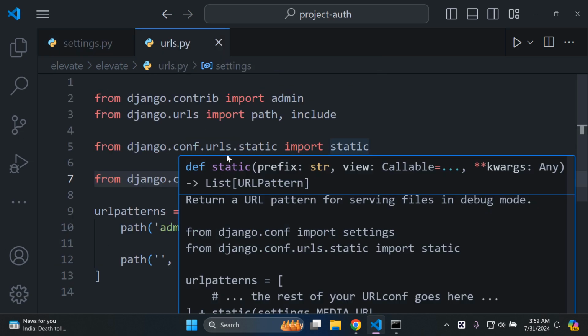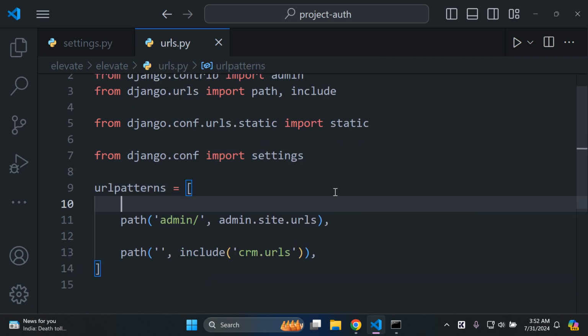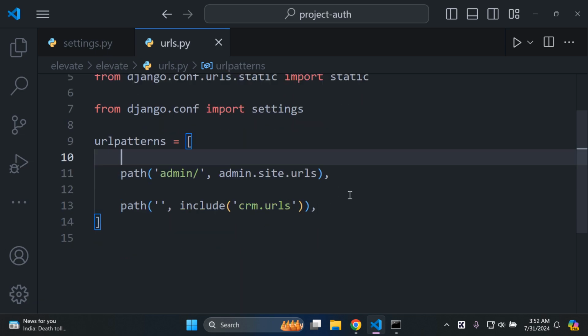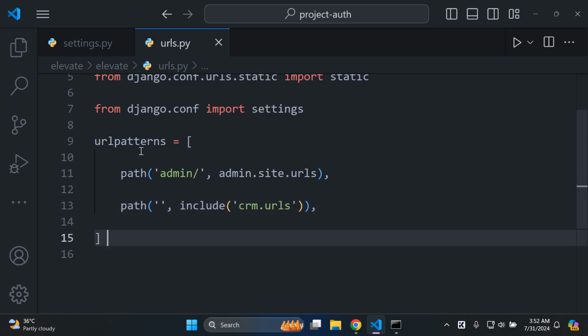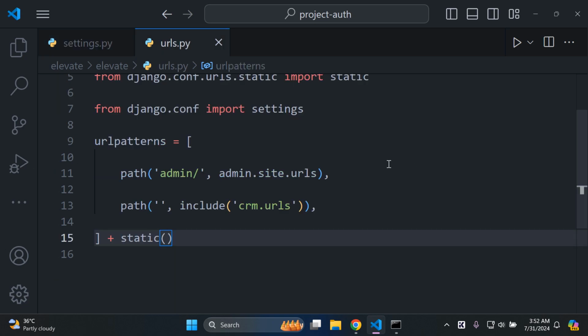All right. Great. So the next thing that you want to do is go ahead and create a unique URL path for accessing your images. What I'd recommend you do is, outside of your URL patterns list, outside this last closing square bracket, add in a plus and use that static function that you've imported. There we're going to specify two parameters. The first is going to be our media URL, which is essentially where we're going to be able to access our images. So you want to say